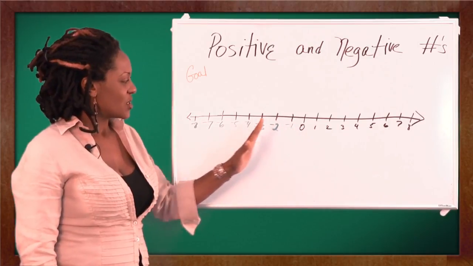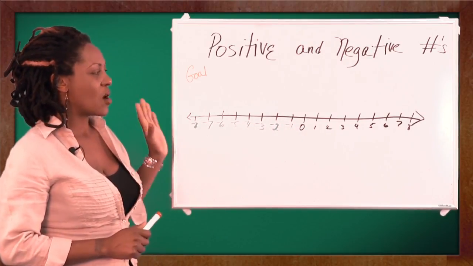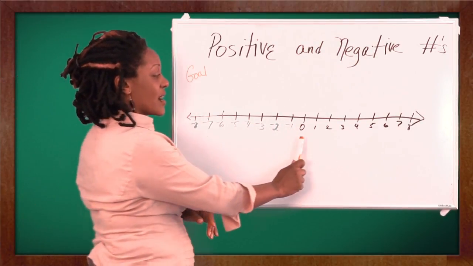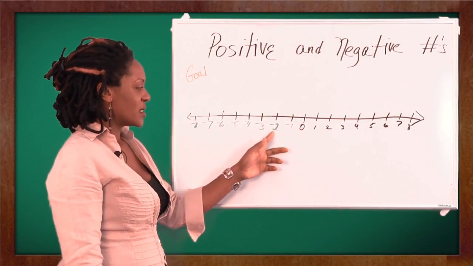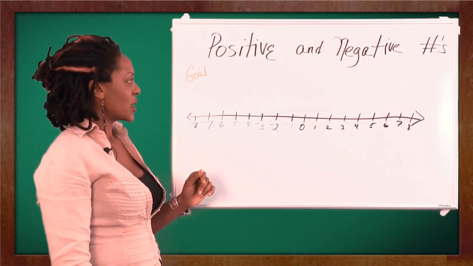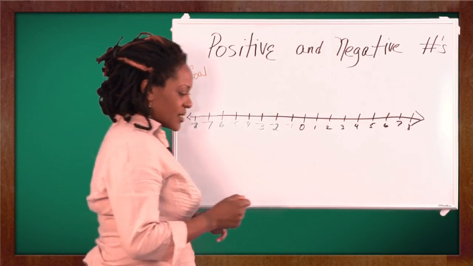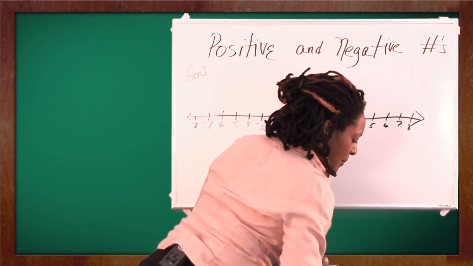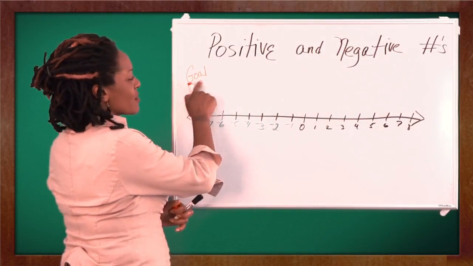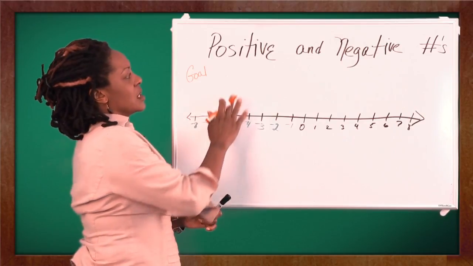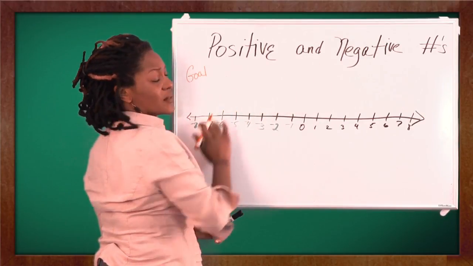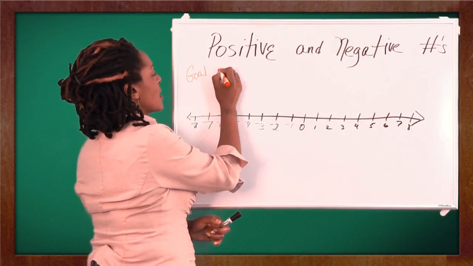So again, let's just really understand what's happening on the number line. Moving to the right, we have positive values adding to the number. Moving to the left, we're subtracting. Okay? So let's just give ourselves a little example. I'm going to use my black marker. Here I wrote the word goal because we should always know where we're going with this lesson. So here the main heading is positive and negative numbers, and our goal is to add